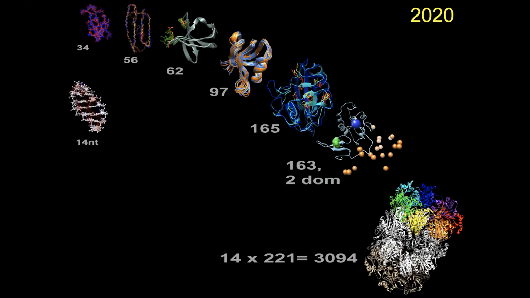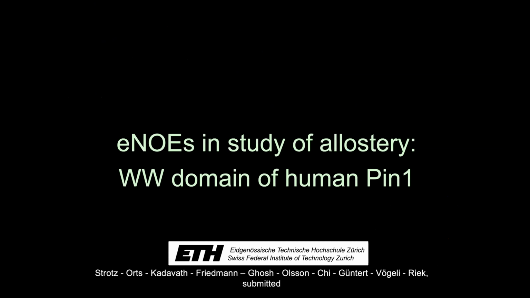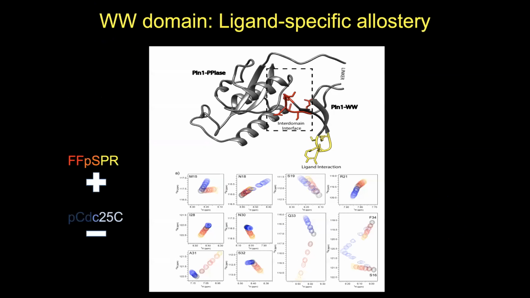I'd like to go back one more time. It's actually the smallest of the proteins we have studied. It's the WW domain of PIN1, and it's only 34 residues. This means that we get very excellent data and can do really cool things, as I'm just going to show now. Okay, so this PIN1 protein is a cis-trans peptidyl prolyl isomerase, and the WW domain is the smaller